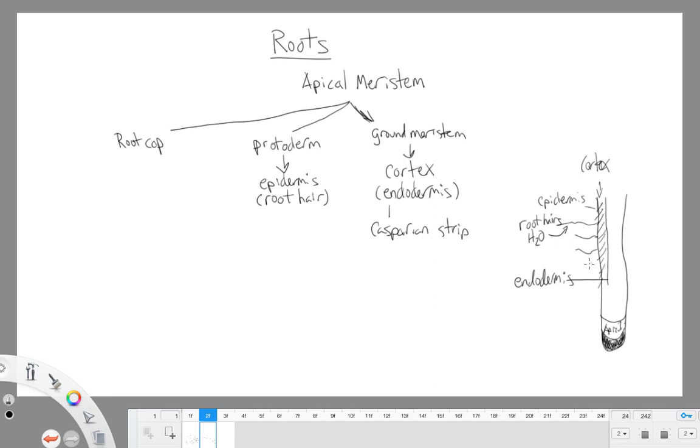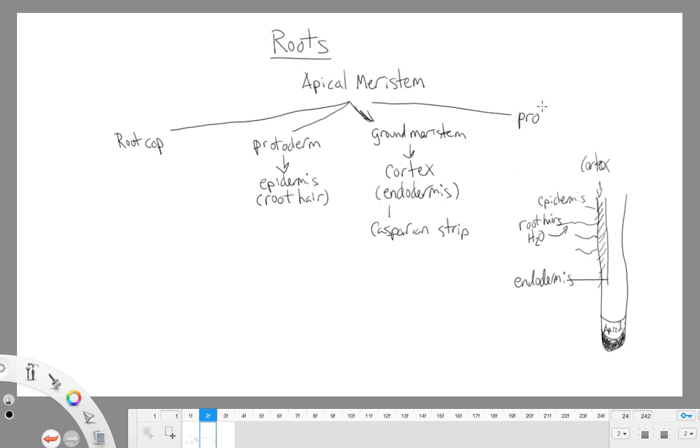It has to go through a cell if it wants to get into the xylem. So this is the way that our plants can regulate the amount of water and minerals they take in. It's all due to this endodermis and this Casparian strip. It's an important mechanism that allows our plants some measure of control over the water and the minerals that they're taking in. And then finally, we have